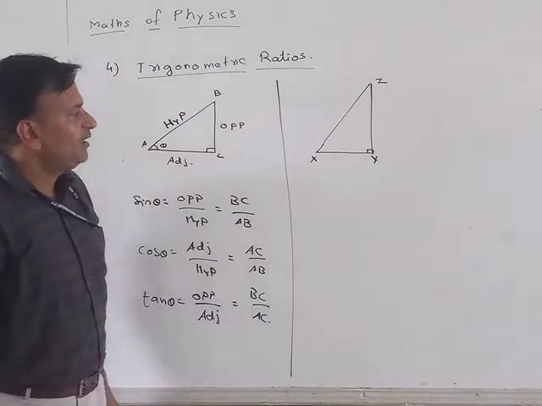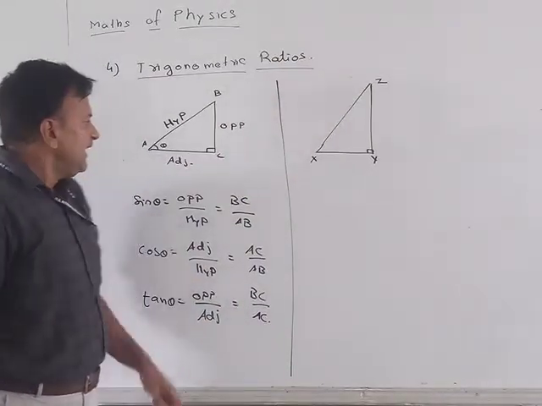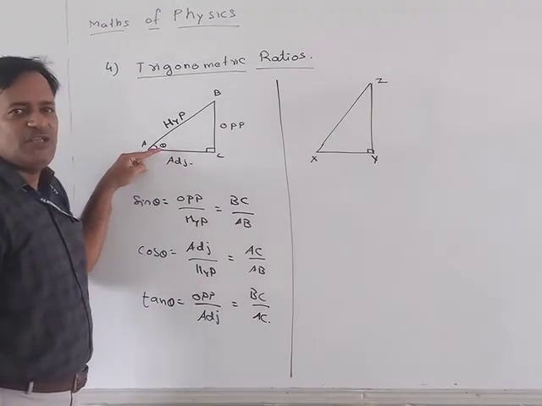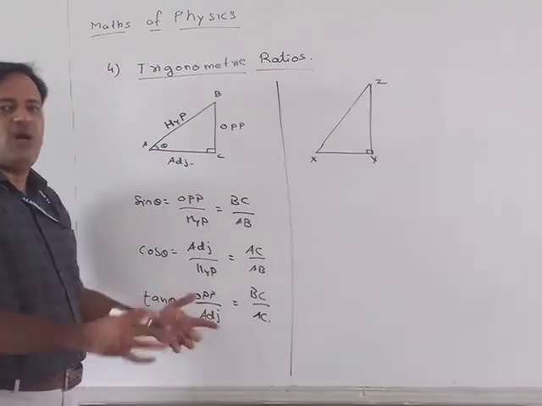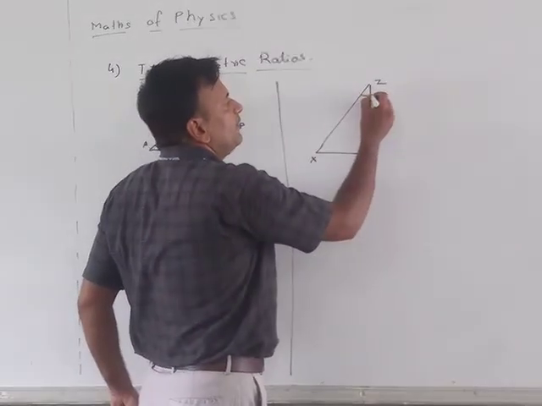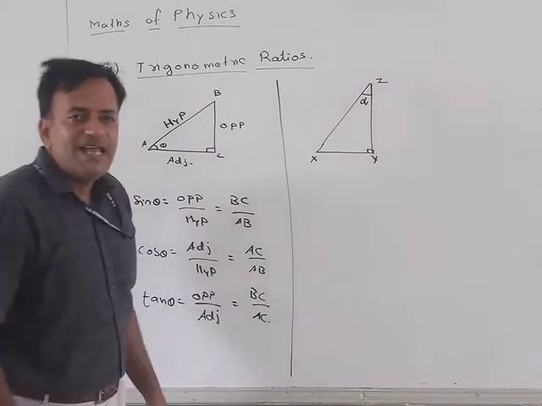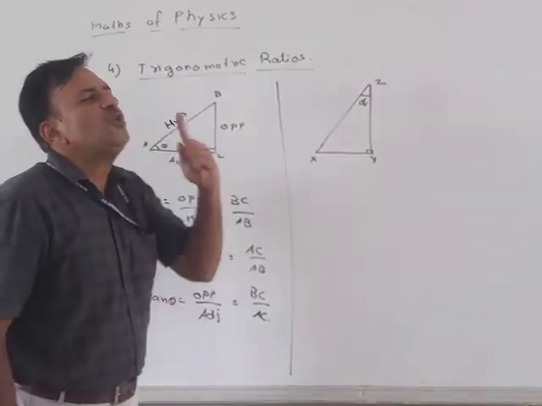Right angle triangle XYZ. Now, if this angle is mentioned, we do this. But what if this angle is not given to you? Some other angle is given, say this one, alpha. Now, how are you going to write